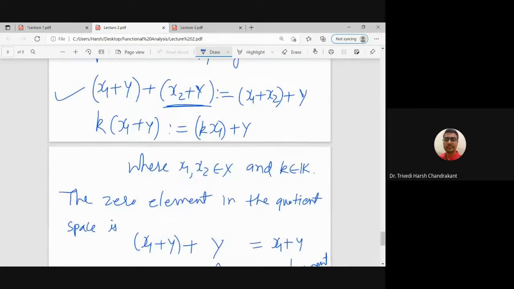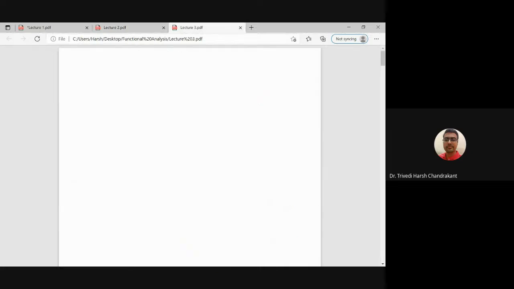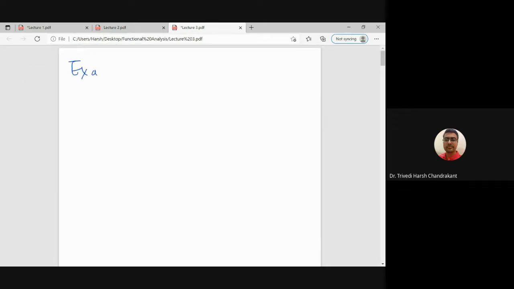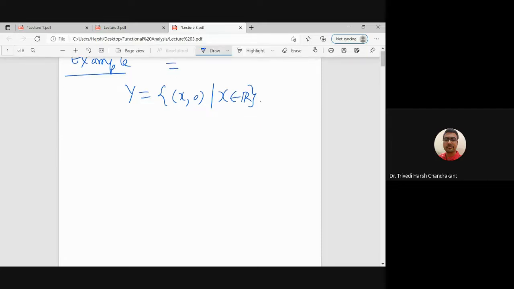Okay, so let us see one example. So we know that if we take X equals R2 and Y equals the real line. So real line means the set of x comma 0 where x is a real number, right? But before that, let us discuss the